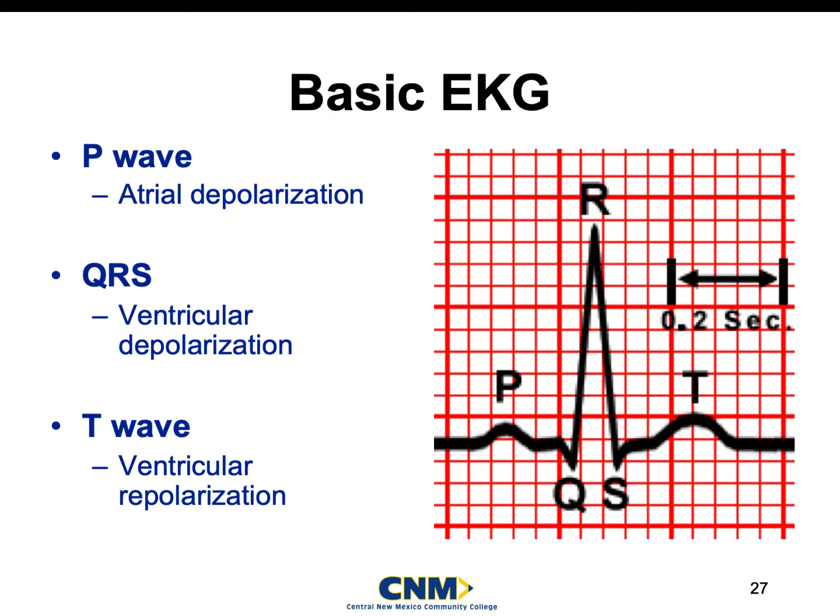So when we're looking at a basic ECG or EKG, however you guys say it, you have a P wave, as you can see on the right hand chart here, and then we go into what's called the QRS wave, and then we have the T wave. The P wave is when the atria fire. So it's basically when the SA node has fired and the cells in the atria are starting to prime the